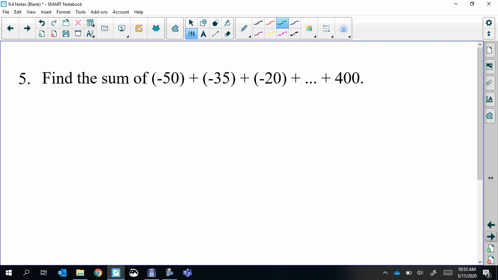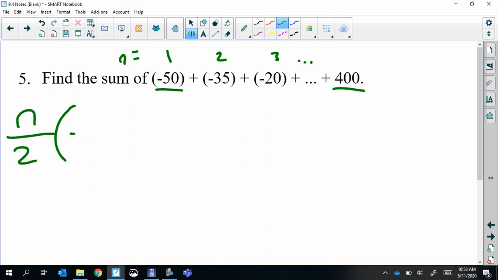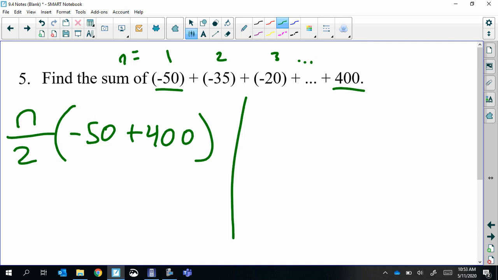All right, here we are finding the sum again. This time we know the first term, we know the last term, we just don't know how many numbers are in between. So here we know that n is 1 and 2 and 3, but we don't know how many numbers are skipped over there to figure out what n is here. So that's the only part we don't know. We know the first term, we know the last term, we just don't know n. So we're going to take that same formula we were using,